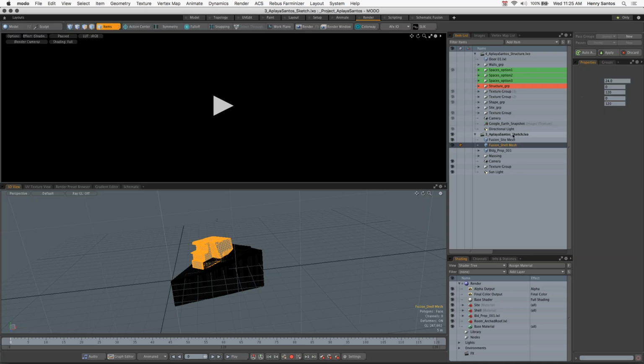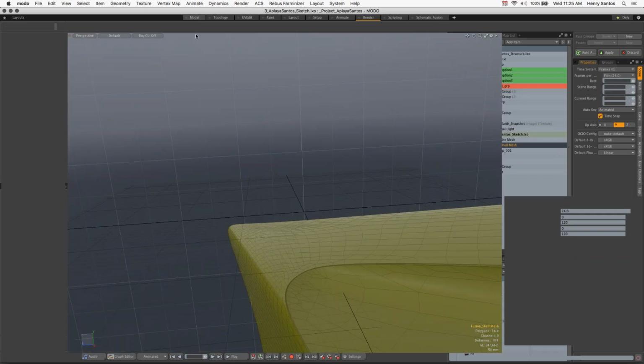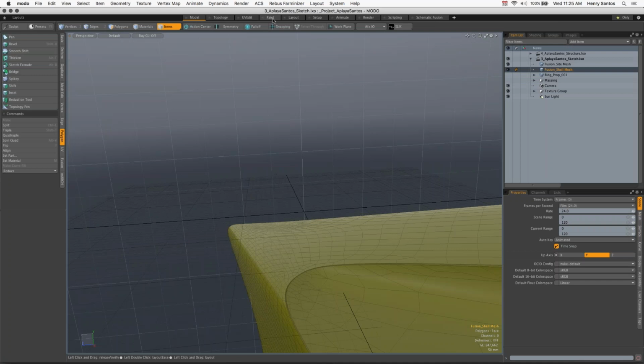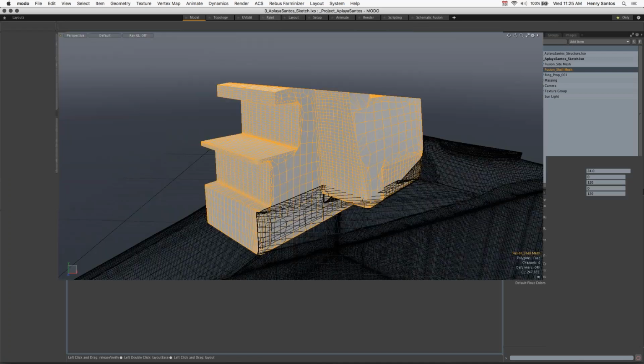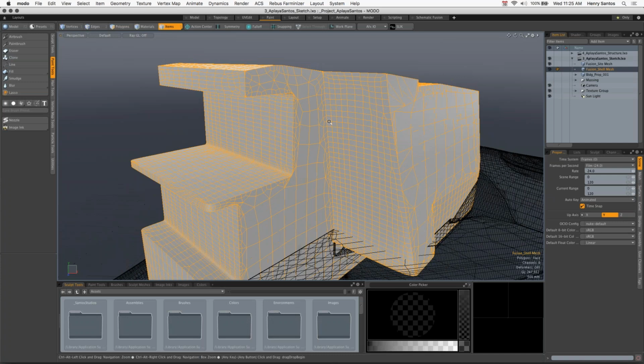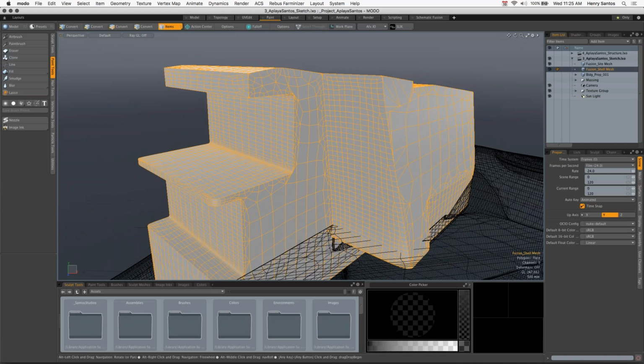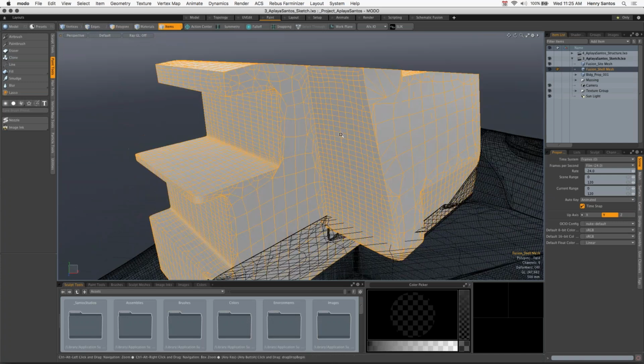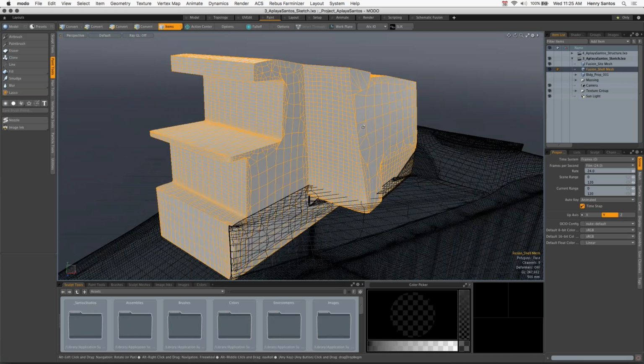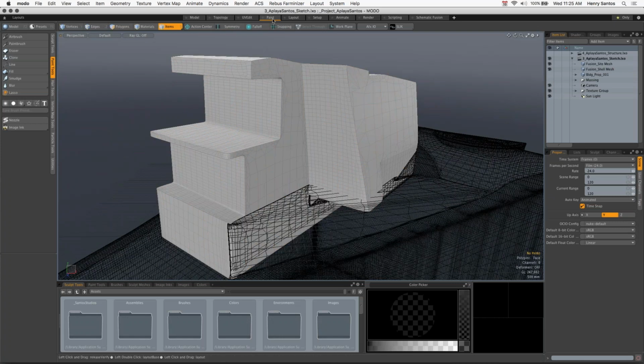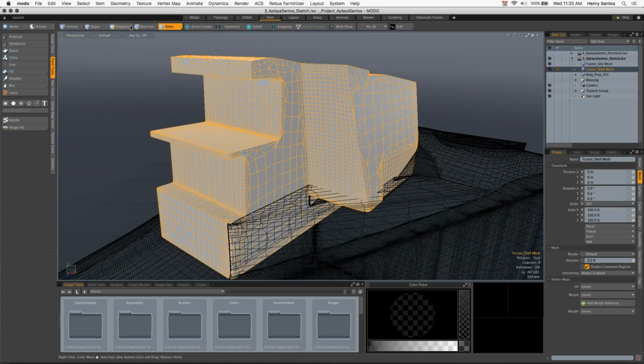And now let's take a look at, I'm going to change my tab. In MODO, you have different tabs. They're called layouts, but I tried to just call them tabs, because when I teach my students MODO, go to the layout, they just look at me funny. So here is our paint tab. And I'm going to select this mesh item,